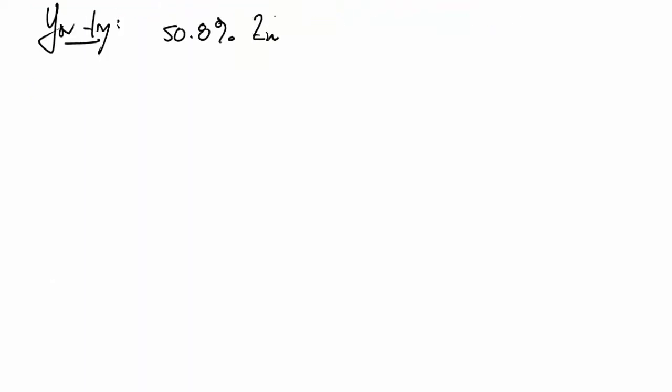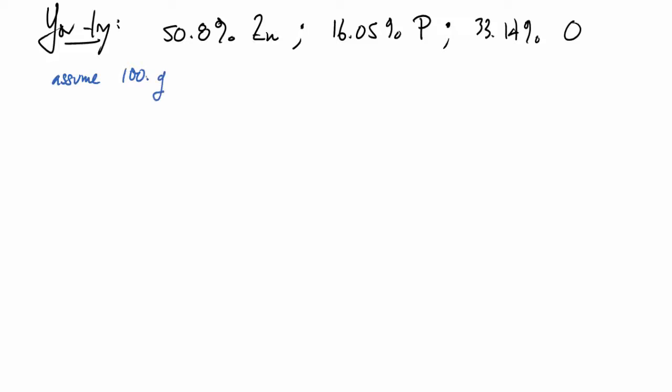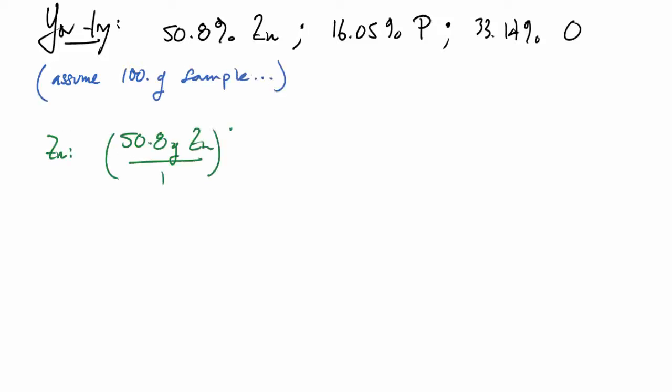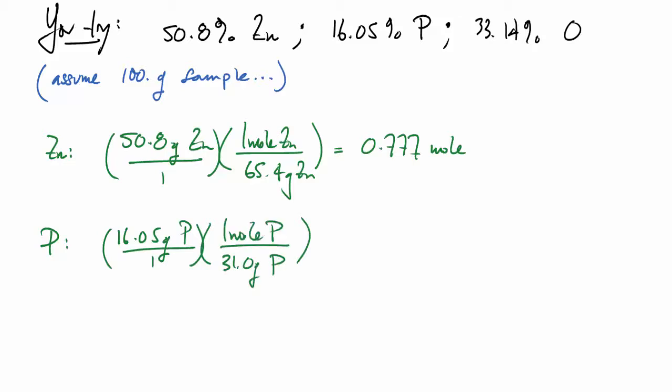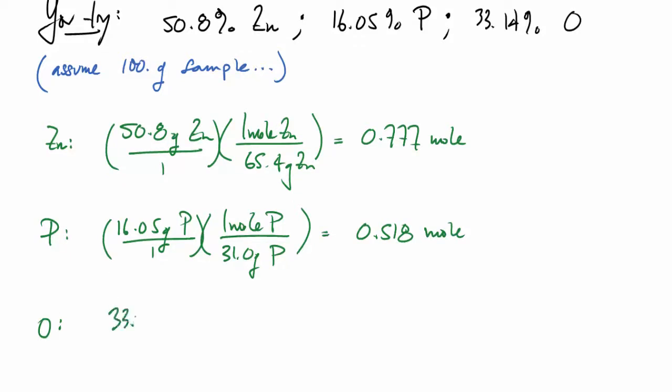You can try it if you like, and we'll take a compound that's 50.8% zinc, 16.05% phosphorus, and 33.14% oxygen. Again, assume you have 100 grams of this sample, and you'll get 50.8 grams of zinc. Here, use the molar mass of zinc, and compute 0.777 mole of zinc. Do the same thing for the phosphorus. Use the 16.05 grams and the molar mass of phosphorus, and you will get a value here of 0.518 mole of phosphorus. Do the same thing for oxygen, and you will compute